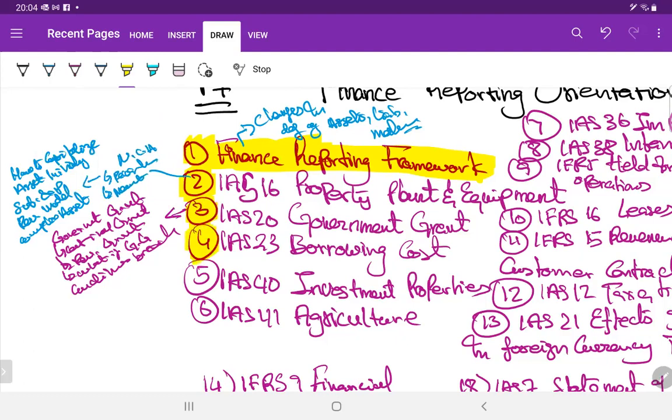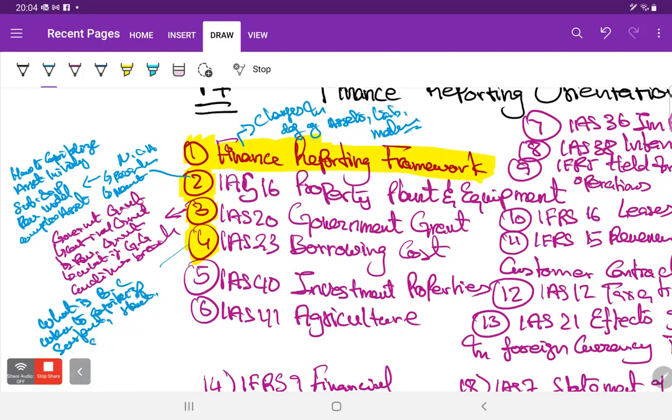borrowing cost, IAS 23 Borrowing Costs. Again, firstly, what is borrowing cost, when to capitalize it, when to suspend capitalization, when to start, when to stop. These are the topics covered in IAS 23, Borrowing Costs. Then